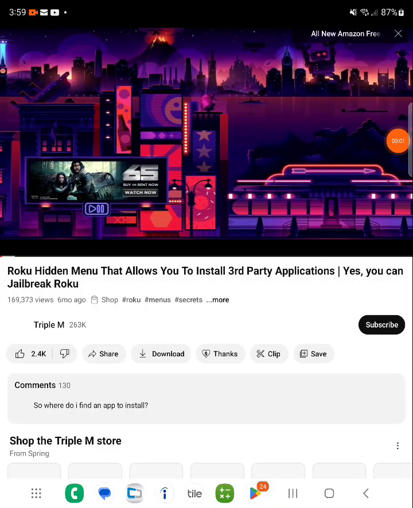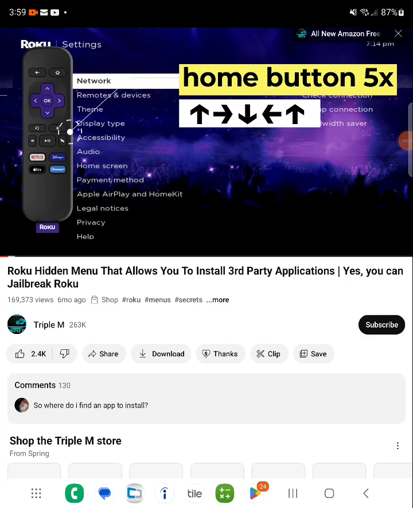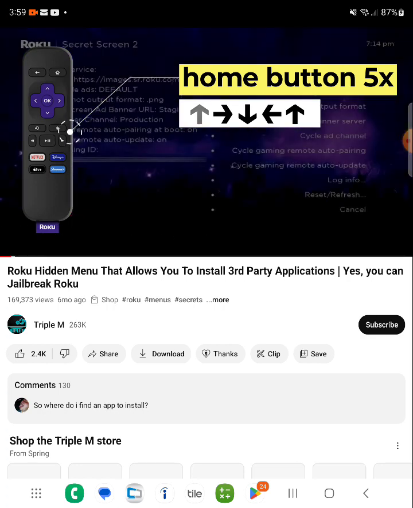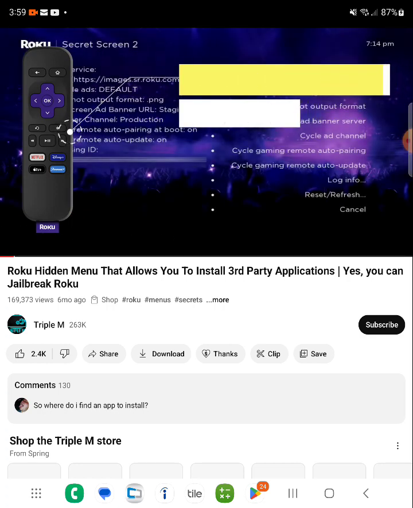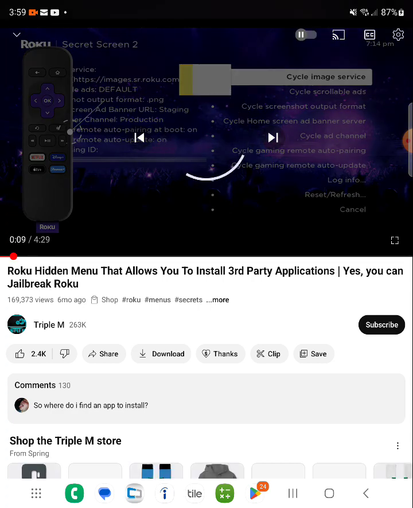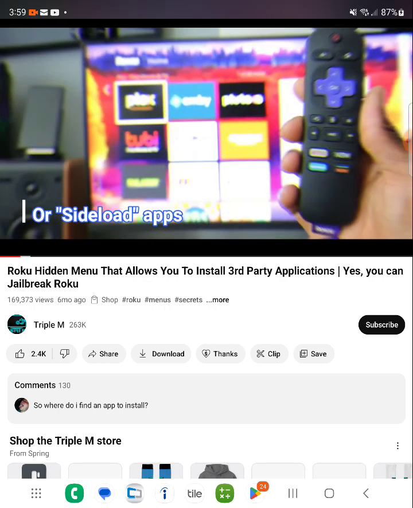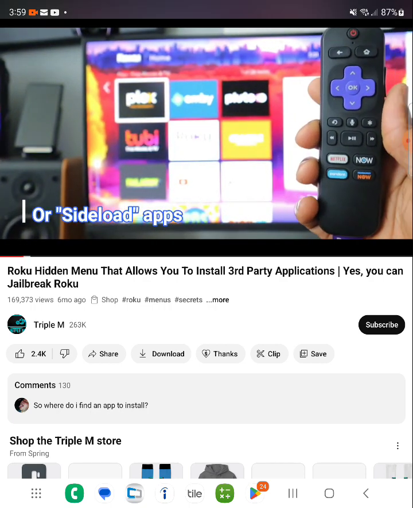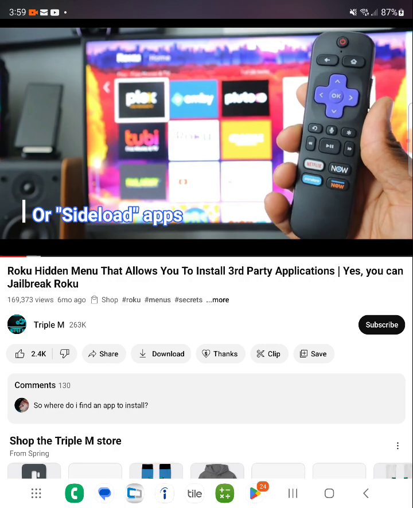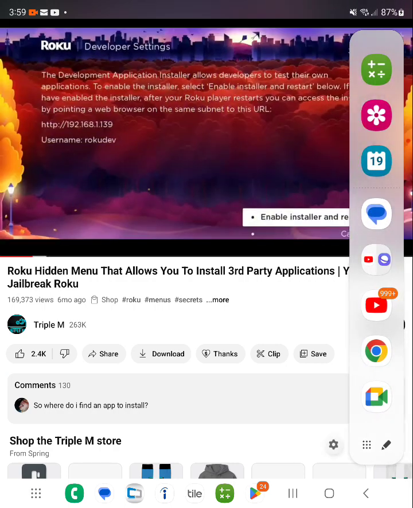So a couple days ago, I did a video going over some tips and tricks for your Roku devices. If you guys have a Roku TV or Roku box, definitely worth checking out. There's a lot more to the Roku device than previously thought. One of the features that I mentioned is that Roku does have the option for you to install third-party applications. It does have developer options, quite simple to get to, and it really changed my perspective